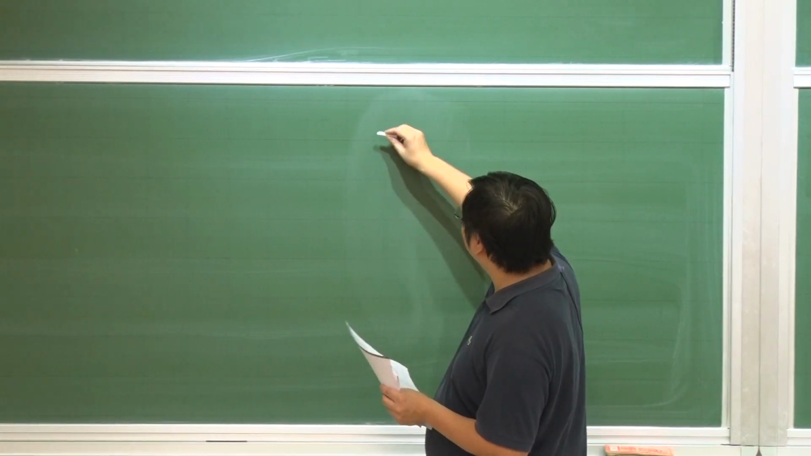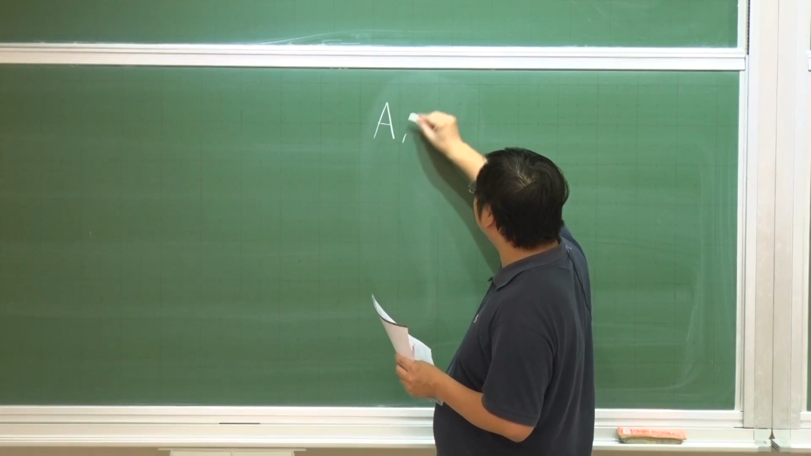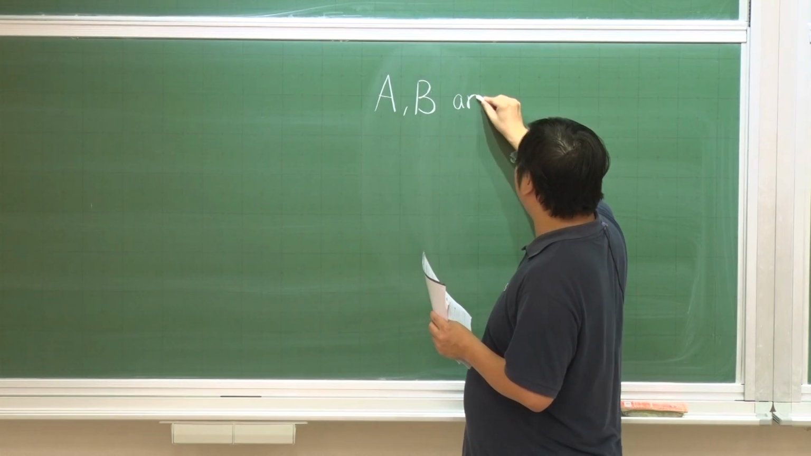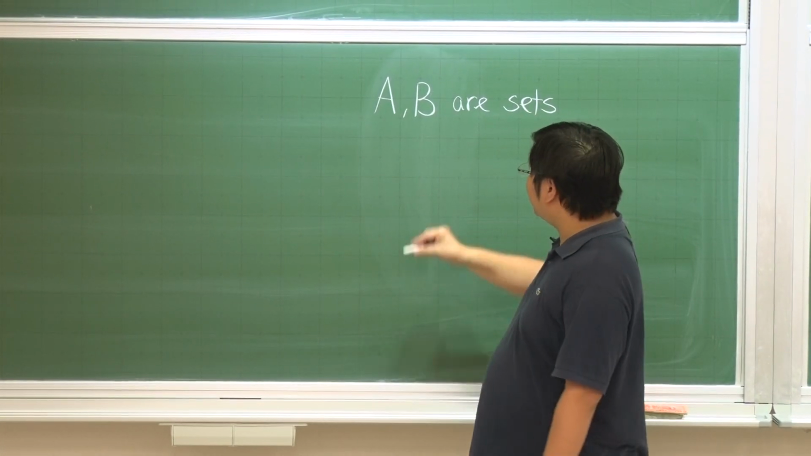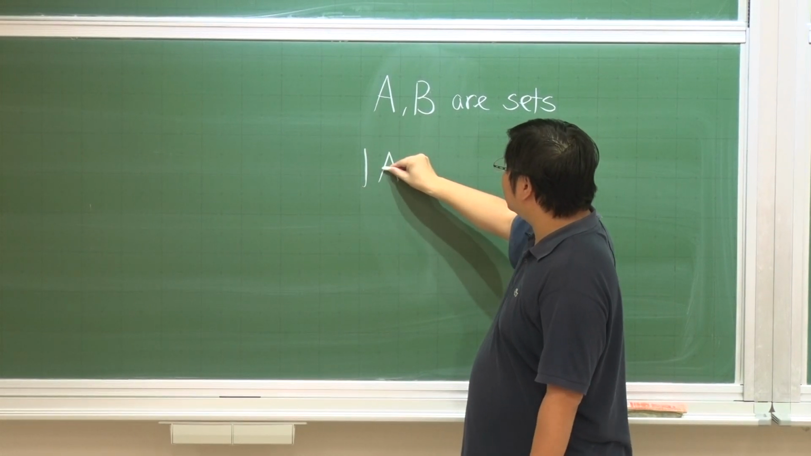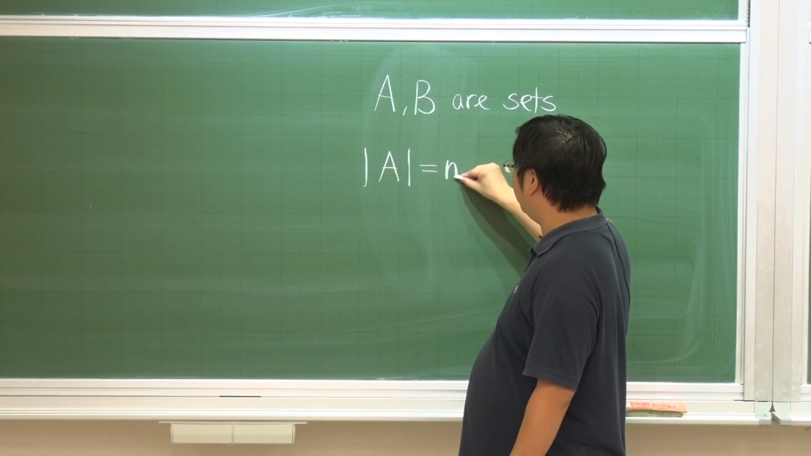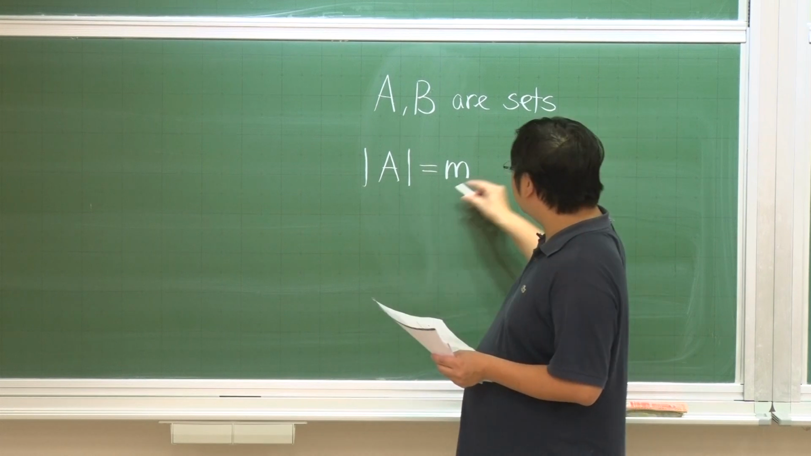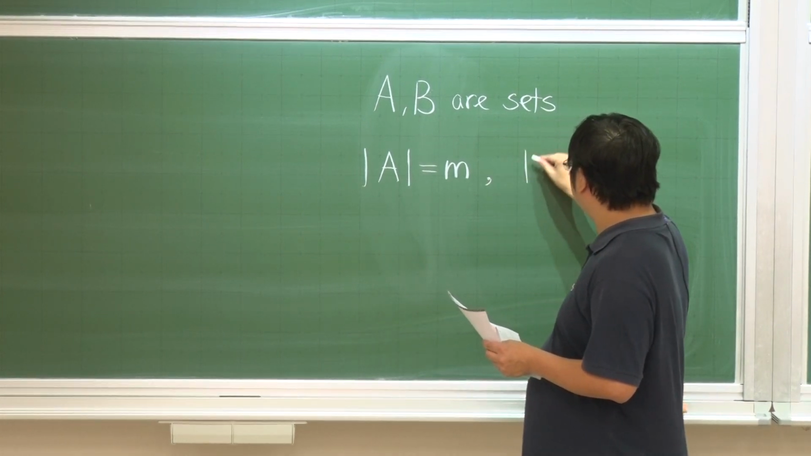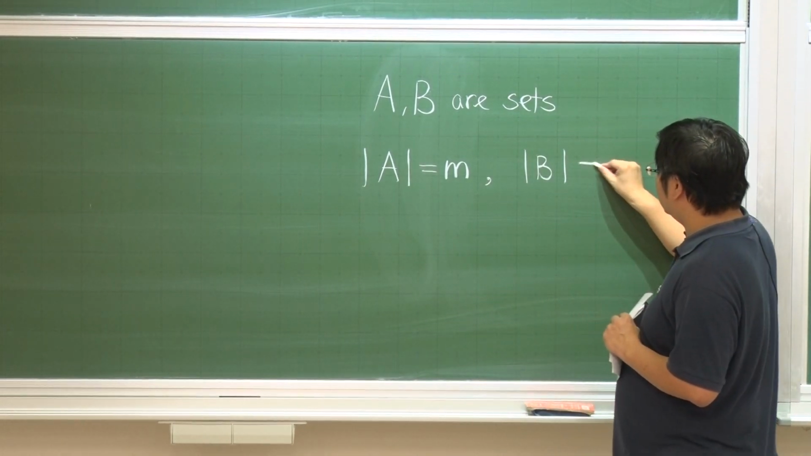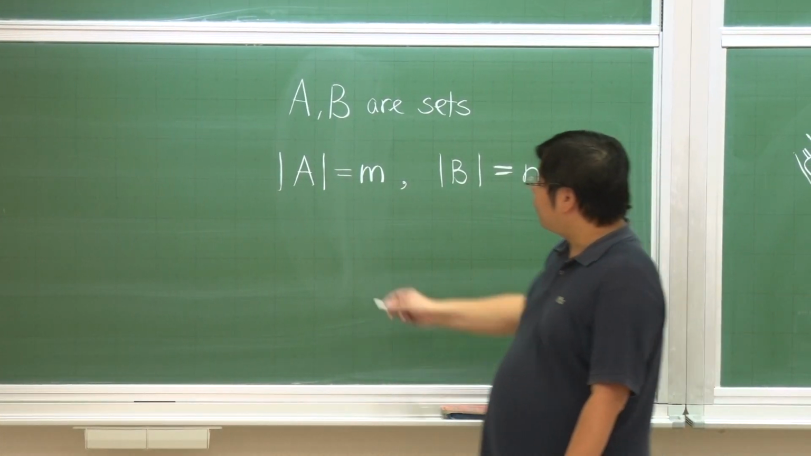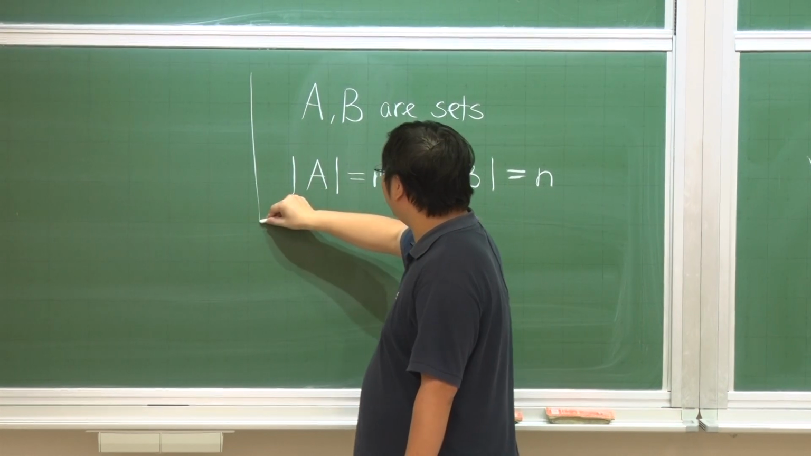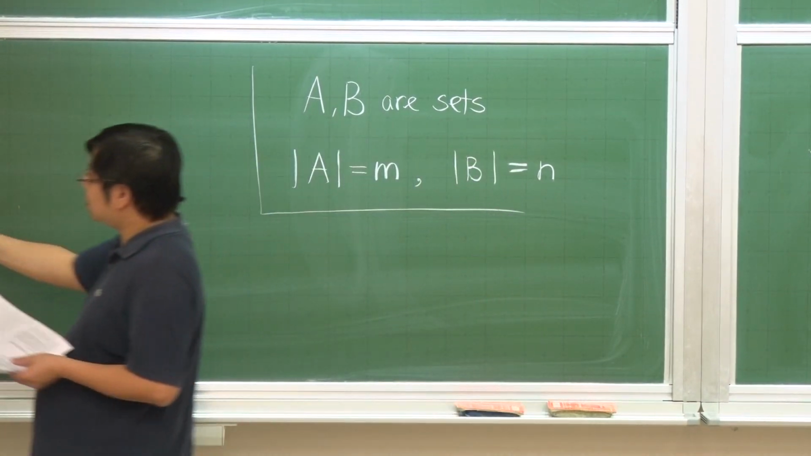Okay, suppose that we have two sets, A and B. We know that they are finite sets such that the size of A is equal to M and the size of B is equal to N. Is that okay? So I have a few questions to ask. So this is the given condition. So question one is,